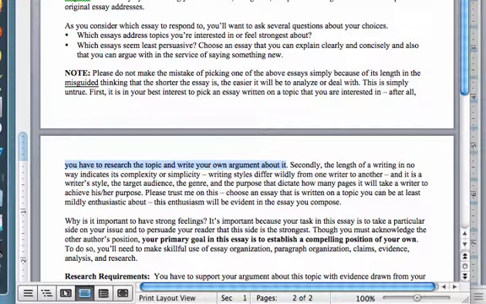I strongly disagree with that practice because what it says is that you can come up with a thesis statement before you've actually thoroughly researched the topic. And that's not what I want you to do. I want you to do the research, and based on that research, you formulate an argument about the topic. Otherwise, if you start with a thesis statement, all you're going to do is research to back up your argument instead of reading about the topic with an open frame of mind.